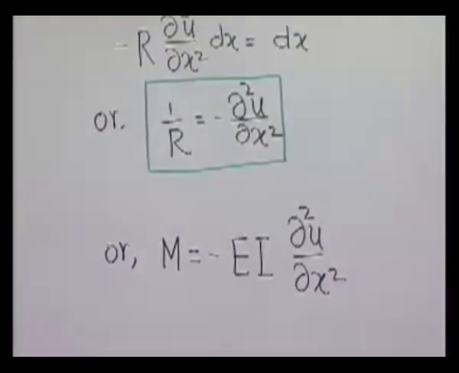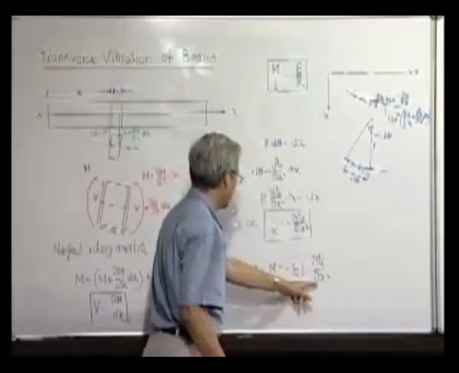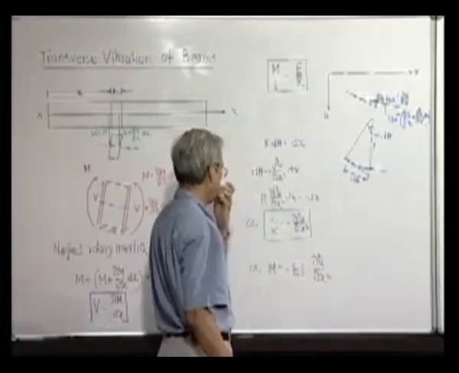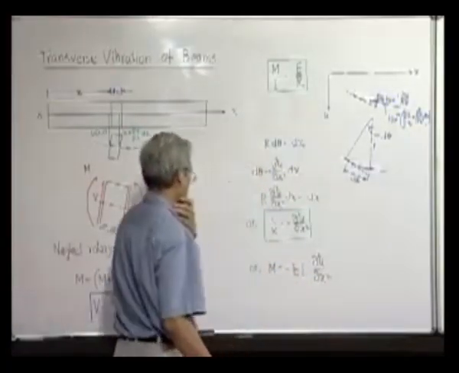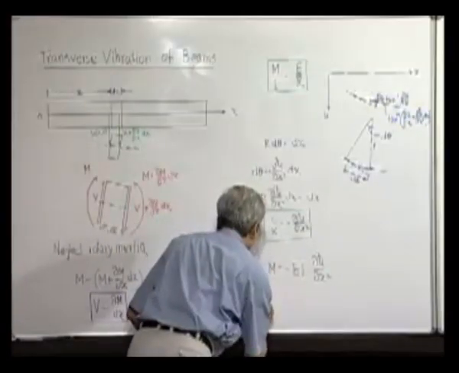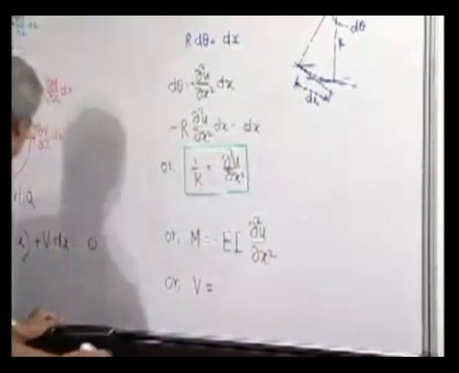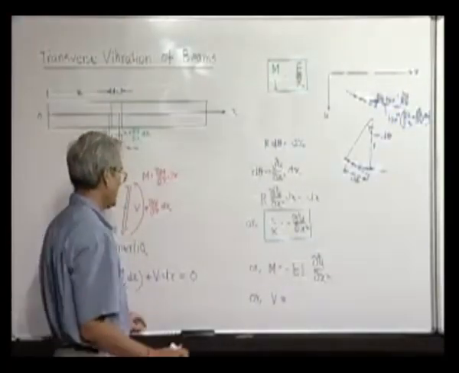Now this is the positive definition of M. So to maintain this sign equality, and this is always negative, that's why for positive M, ∂²u/∂x² is negative, so therefore this minus. Now V will be, we know V is actually ∂M/∂x, so it will be minus